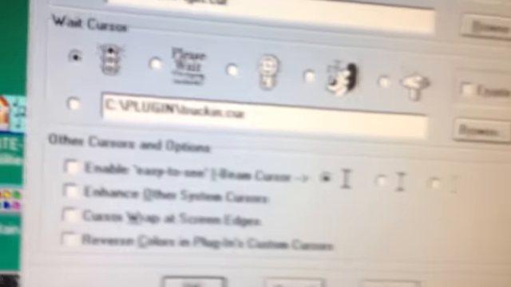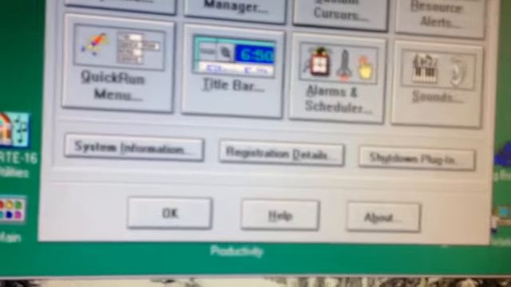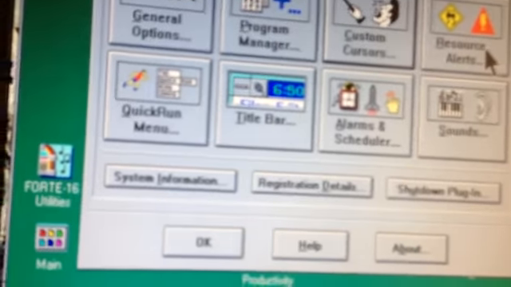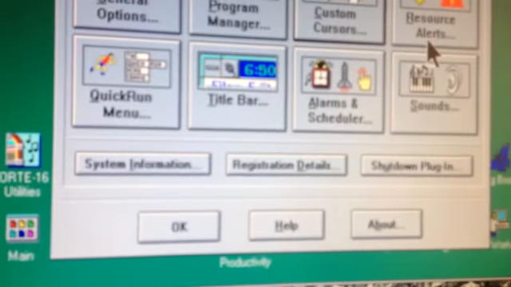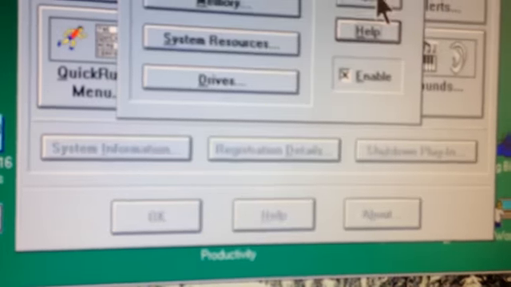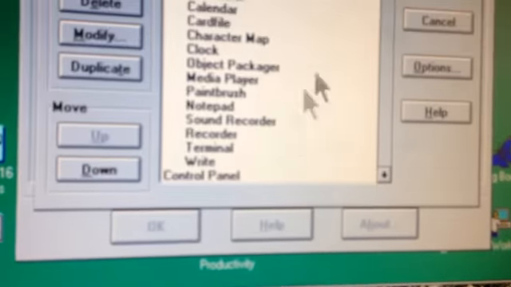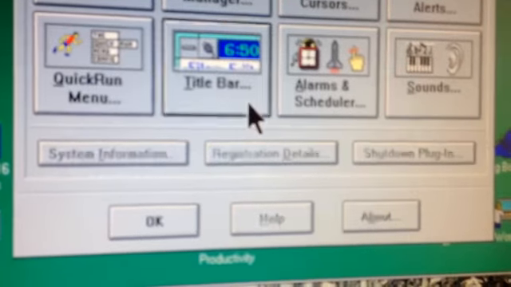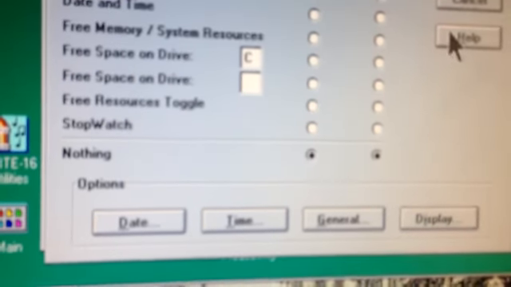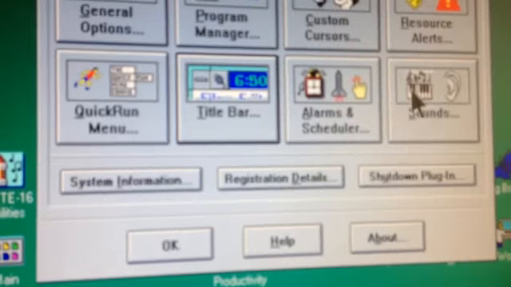You can have custom cursors, but I've shut that off because I'm just using the mouse drivers that came with this system that provides a large black mouse pointer, which is perfect for me. You can apparently program it for resource alerts. That's quite useful. Quick run menu, if I wanted anything like that. Title bar, I could have stuff on the title bar if I wanted, but I don't want, because there's no